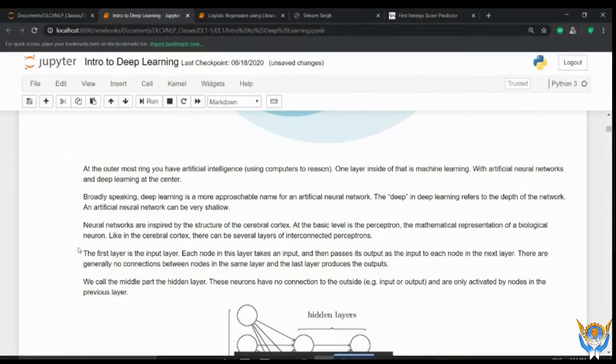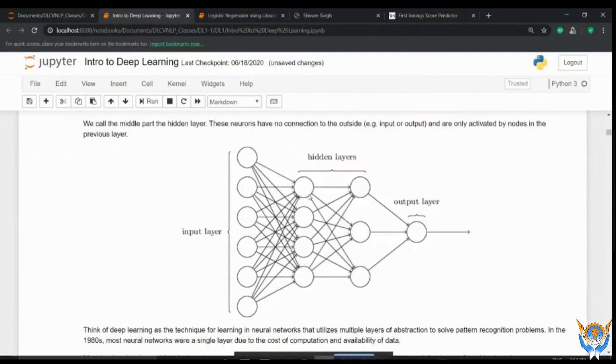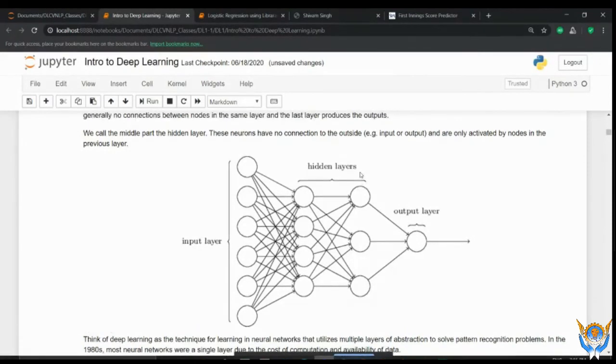I will explain this layer, the construction of a neural network, and how it works. I will explain with an example: if you give some input features, what will happen after that, and how you will get some prediction. We will learn this in day 2.